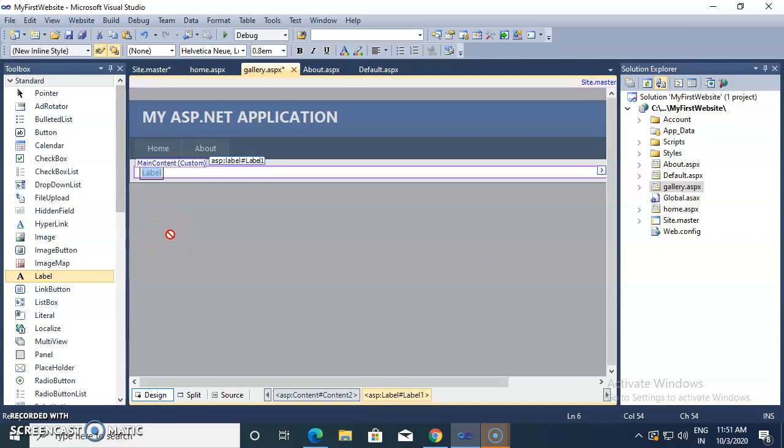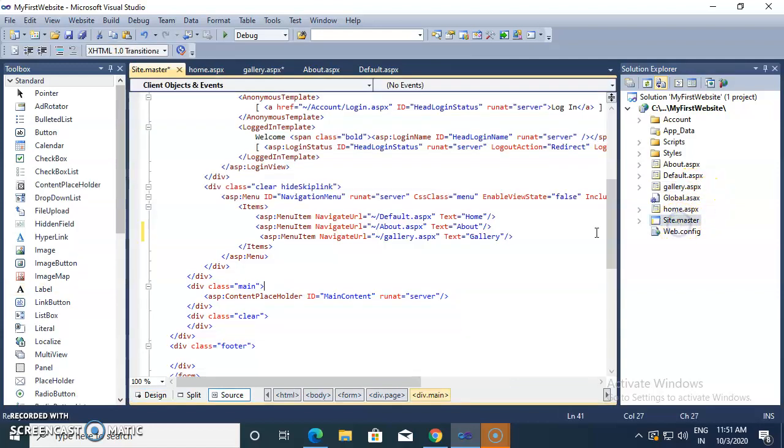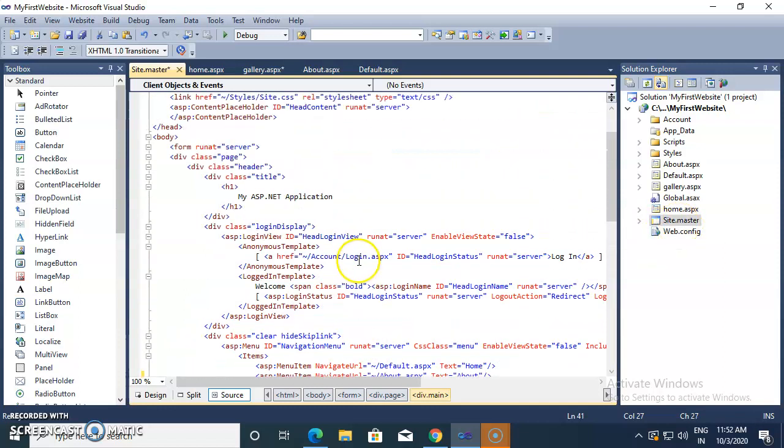So we have already, hello students, we have already started one website, and inside that particular website we have already added one gallery page, and inside site master we already gave gallery.aspx path, and one more menu we have already added to this site.master page, because menus we show on master page. Okay, and this is your site name.